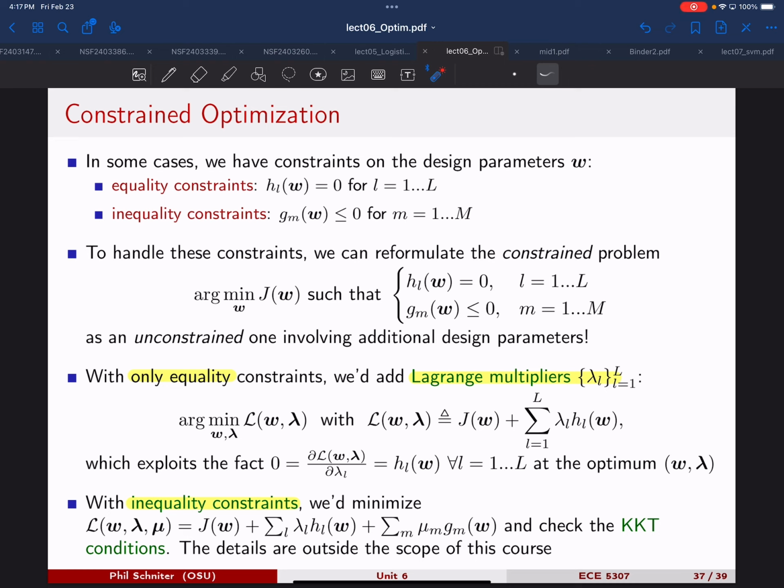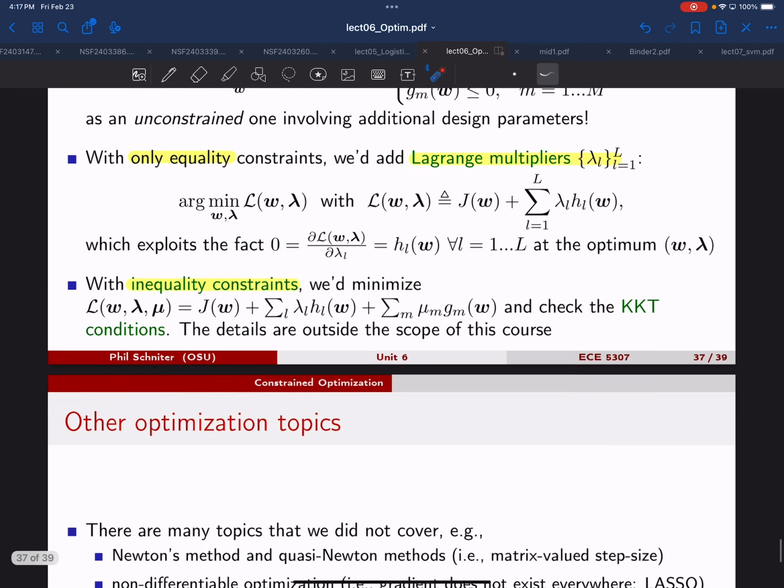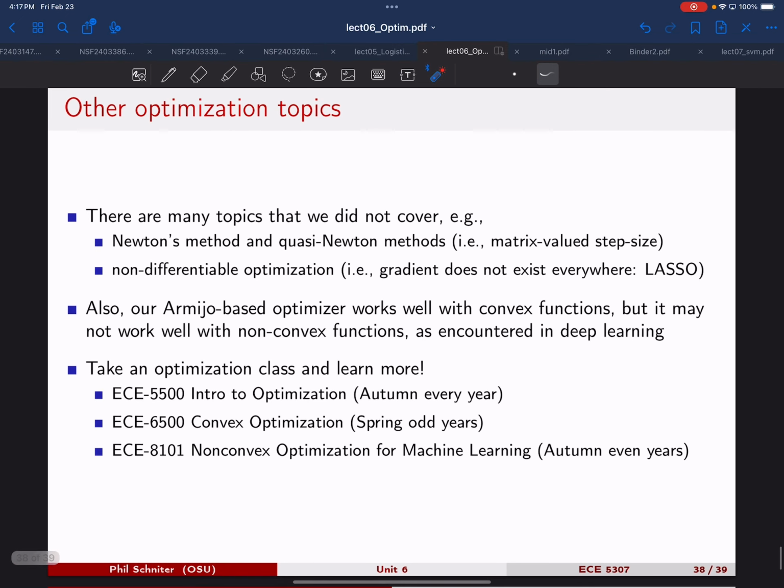And then when there's both, this is one of the ways to solve it. Yeah, when there's both, this is basically the way you solve it. When there's only equality constraints, it's simpler, and you can do this. Okay, so those are a few of the sort of advanced topics